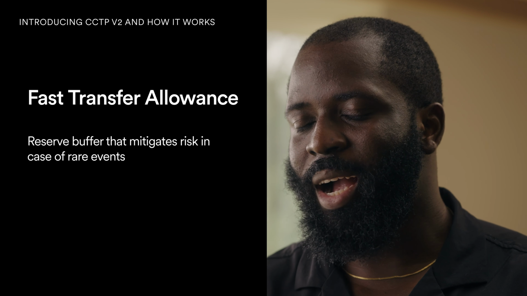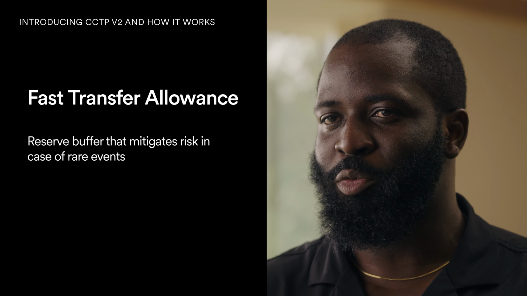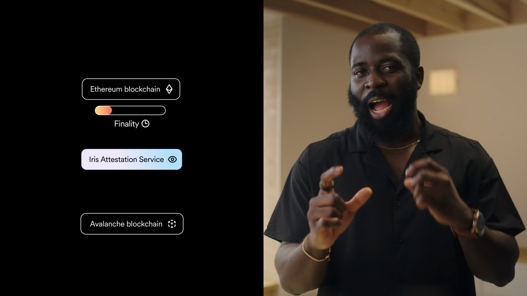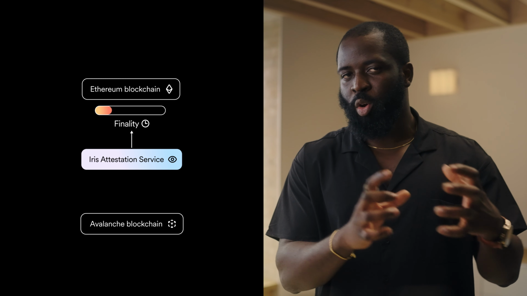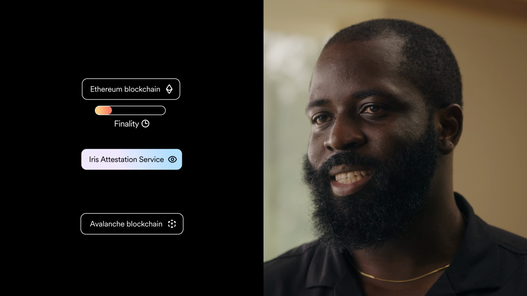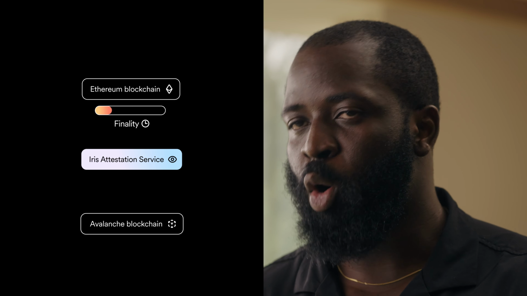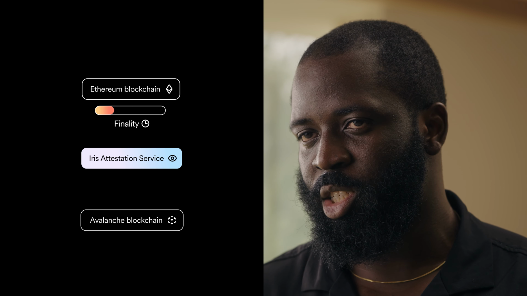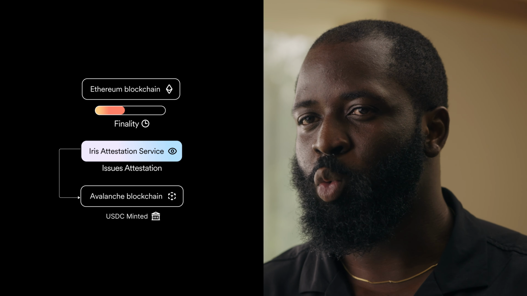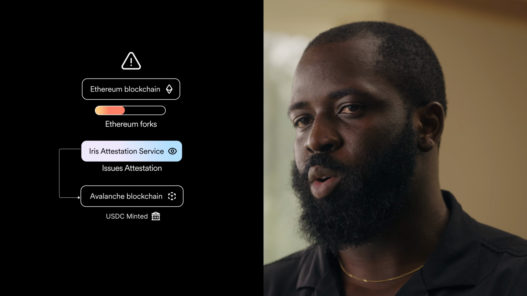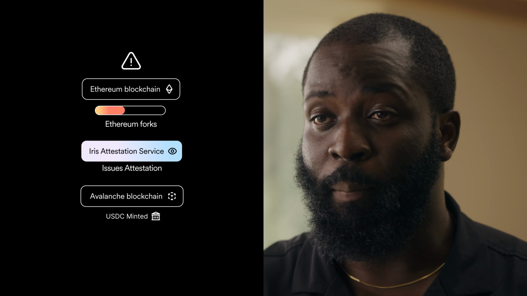Of course, one cannot simply ignore finality risk without a backup plan. What if that rare event happens and Ethereum does reorganize or double produce a block, reversing Alice's 100 USDC burn after Bob already received his 100 USDC on Avalanche? In that scenario, it would seem like new USDC was minted without a corresponding burn, because the burn didn't